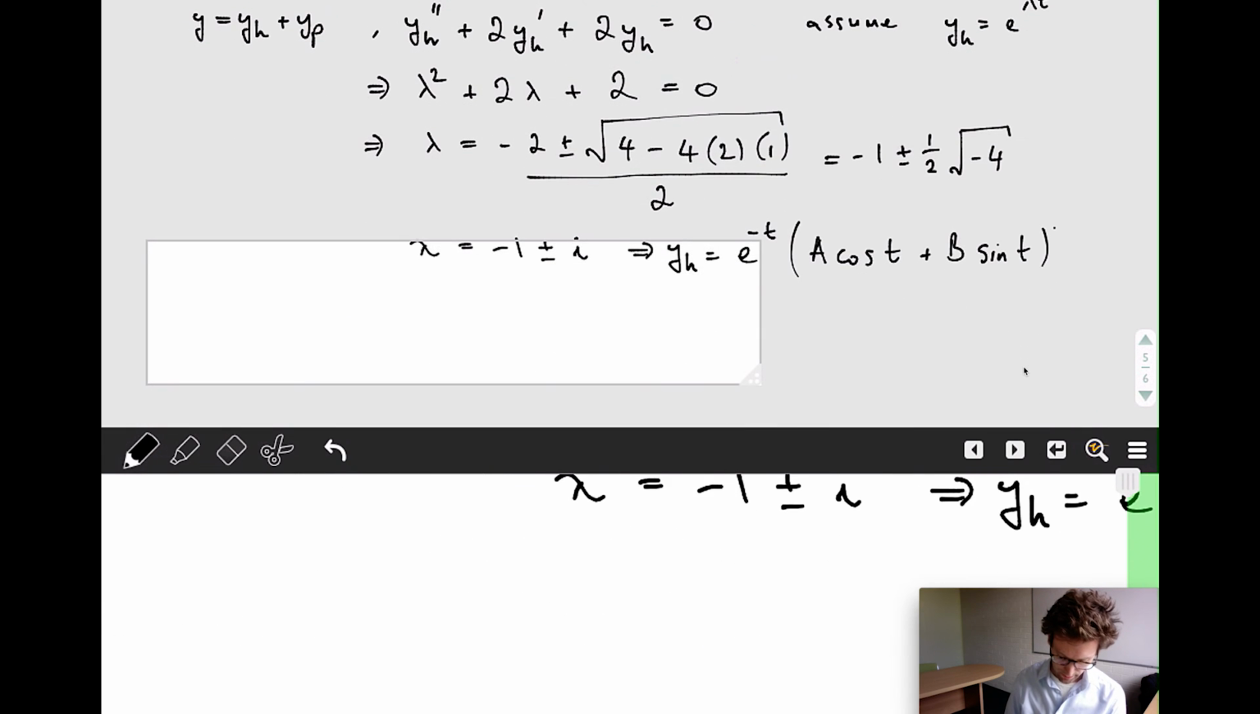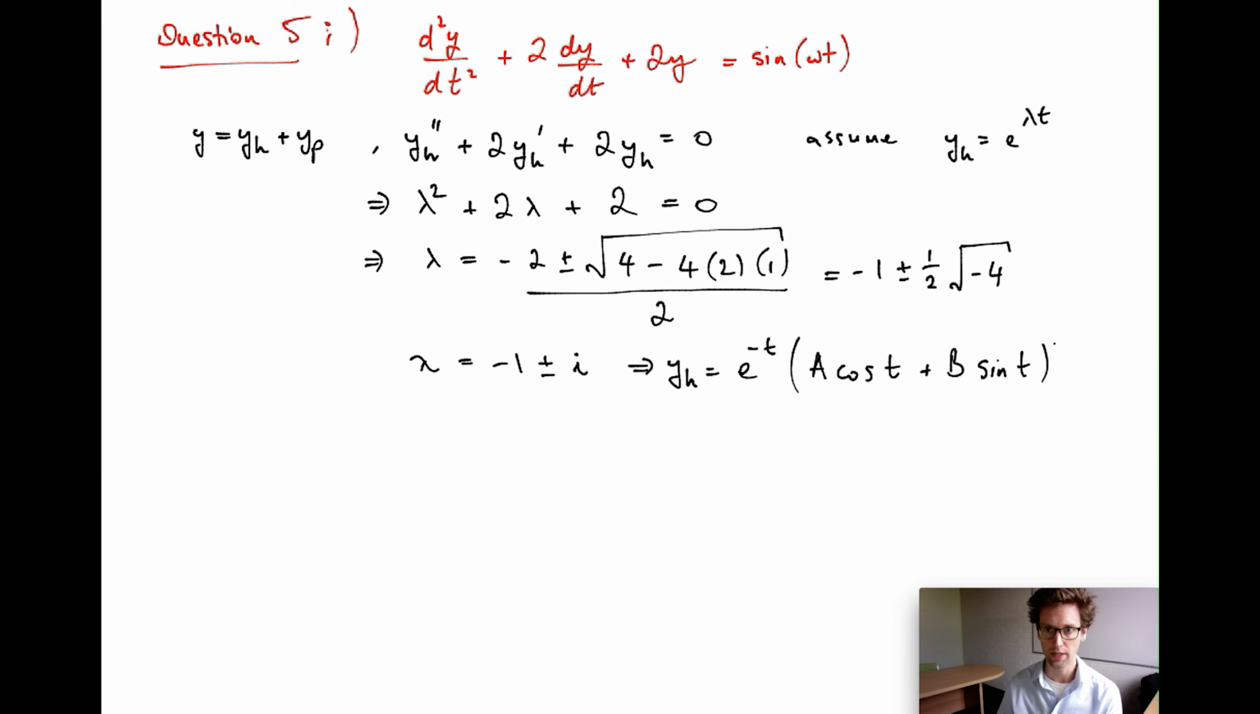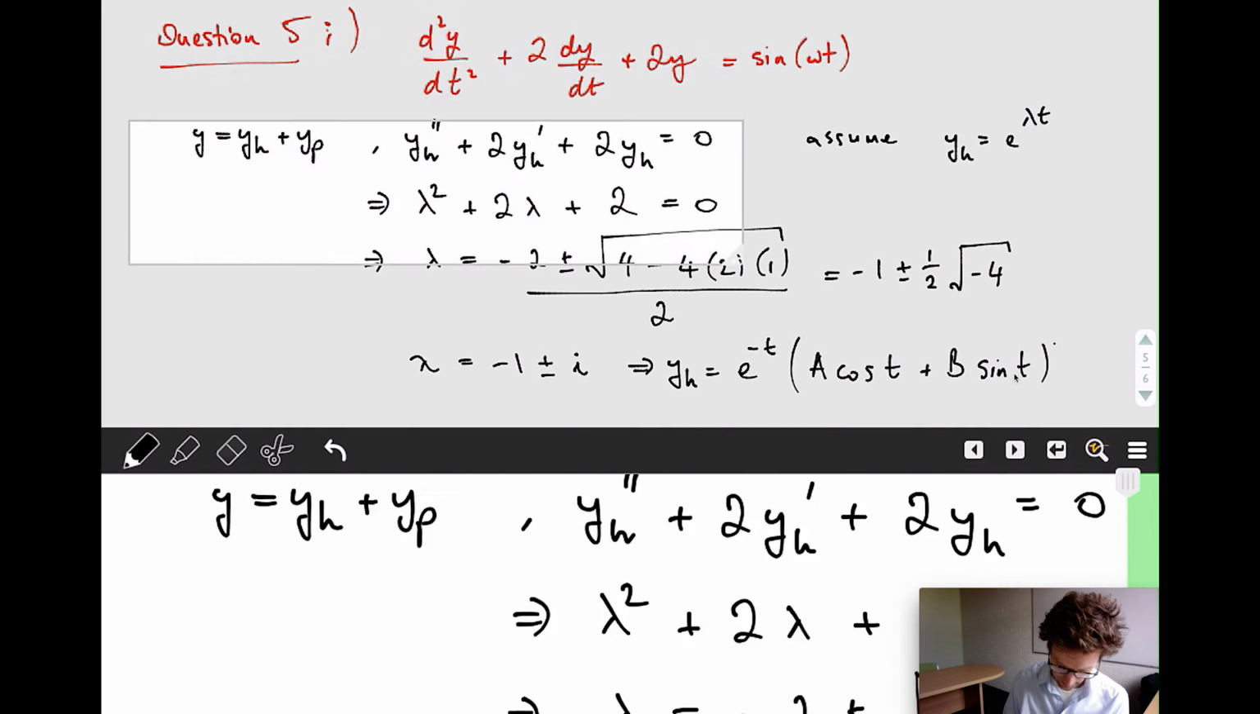Okay, so I have my homogeneous solution. Now I need to find the particular solution that will deal with that right-hand side. So let's go back and take a look at my right-hand side. It's sine omega t. And you can see that there is no danger that my homogeneous solution is going to match my right-hand side, because I've got this e to the minus t here. So there's no danger of sine omega t looking like e to the minus t times cosine, or e to the minus t times sine. So I'm free to choose my particular solution to be of the form